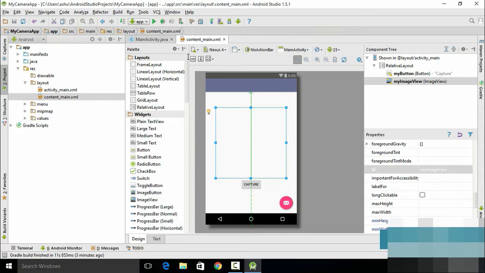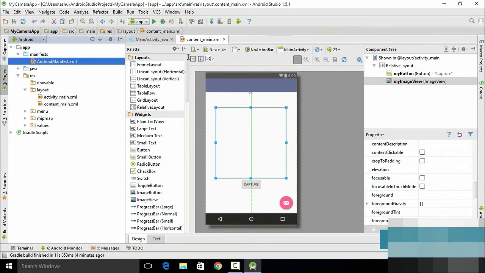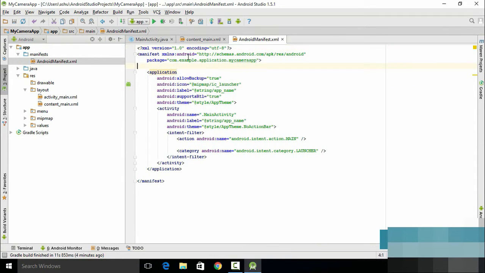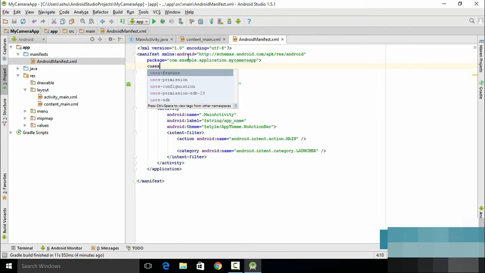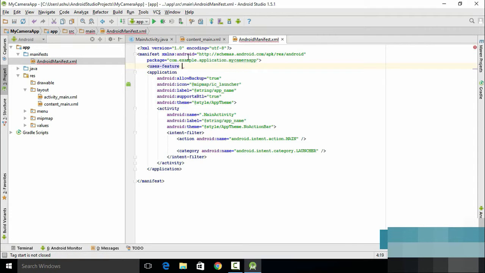Once we have assigned the ID, the next thing we need to do is make this Android application have the permission to access the camera. In the previous tutorial, you might know that we have to go into the Android manifest in order to give each and every permission. The permission which we are going to add is for the camera. So we type uses, and in this case, instead of a permission, as the camera is a feature, we type uses-feature and we type android:name, and the name of our feature is nothing but